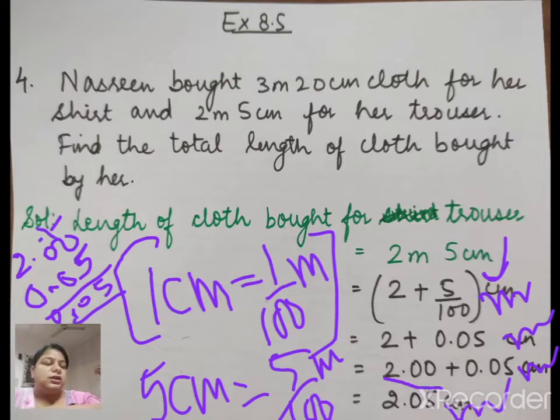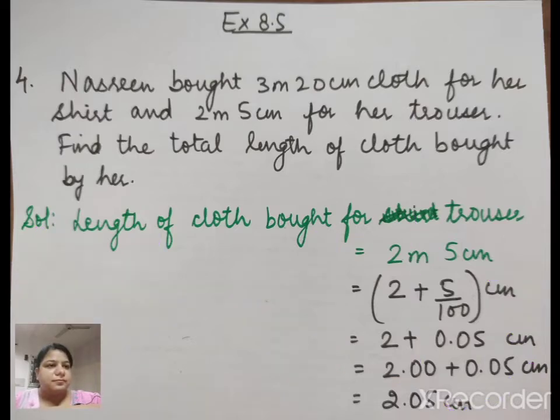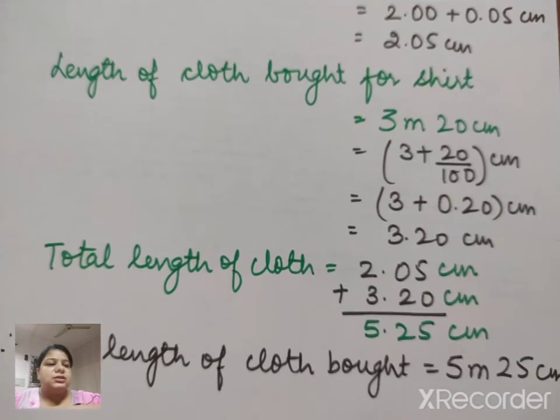So here I have shown the addition also. So the conversion of 2 meter 5 centimeters is 2.05, right? Now next, what will we get? It is 2.05 meters. We have converted it into meters now. Again in the next also, we have converted it into meters now. So these are all meters.